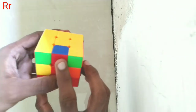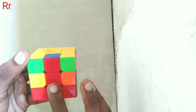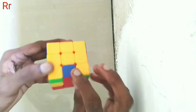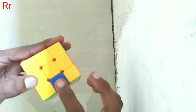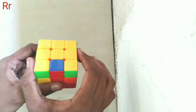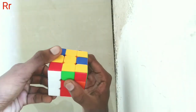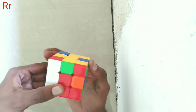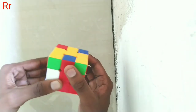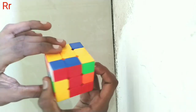Now let me see, here, there you go, there is a piece which doesn't have that yellow color. It is in the red center, and where this piece has to be placed, you look, blue, it is blue, so it should be placed here. So do the same: opposite turn, up, back to the original position, down. Now slowly turn it around,